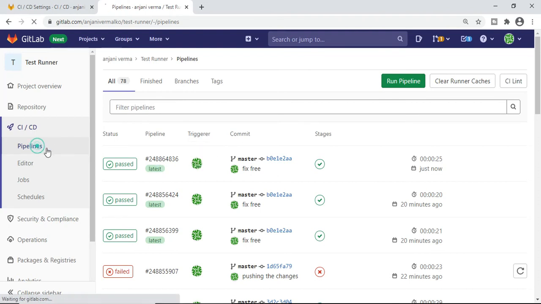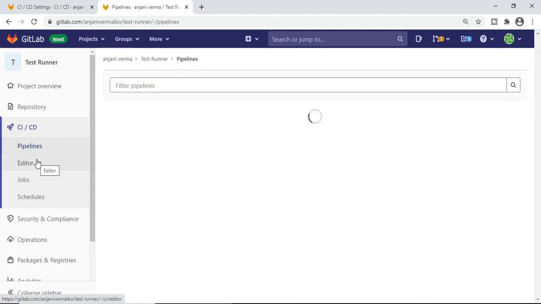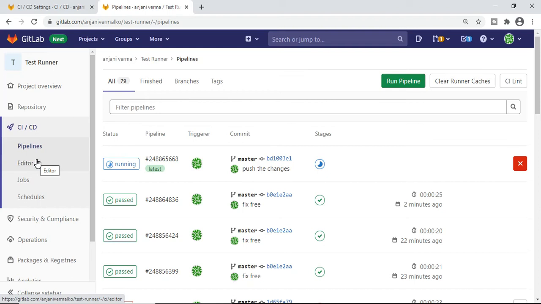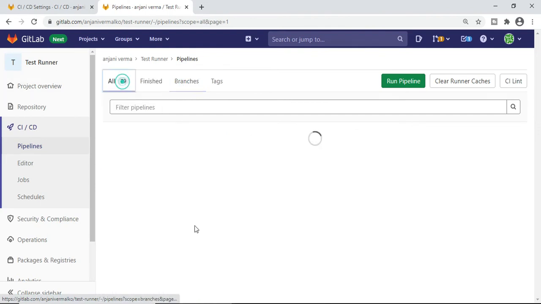I need to refresh this page. It should auto start. See, I didn't do anything over here, no manual work, it auto started. I know that there is an error, so it should fail and show the exact error. Let me keep refreshing.